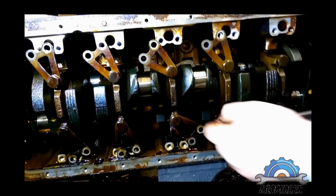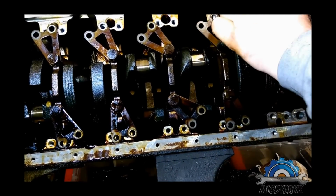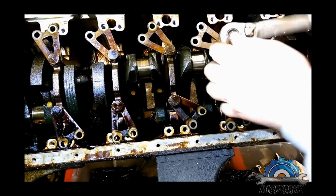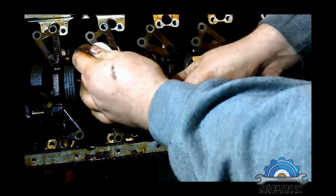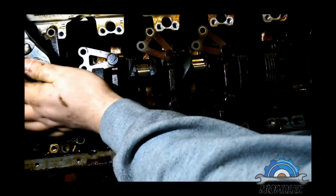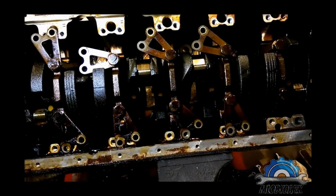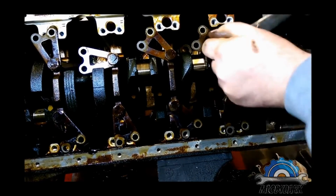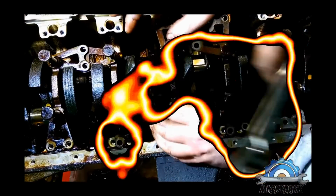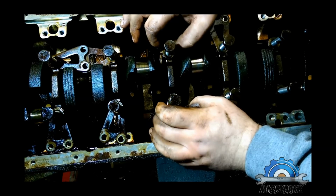Okay, so all of them are quite loose now. It doesn't really matter now which one you're gonna remove first. Just loosen them up. As you can hear, it's a very hard job. You can get a sweat doing this. Okay, so I loosened up all the bolts from the crankshaft, and now a very important thing, same as the con rods,